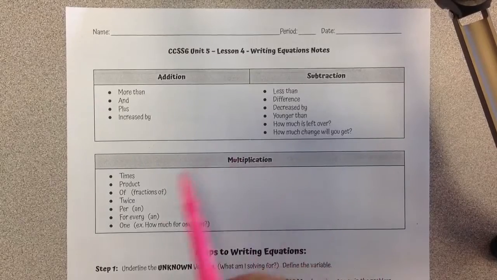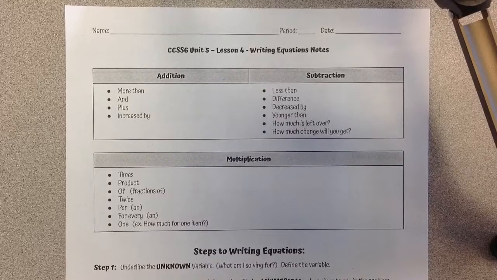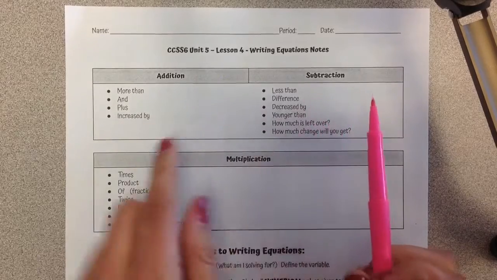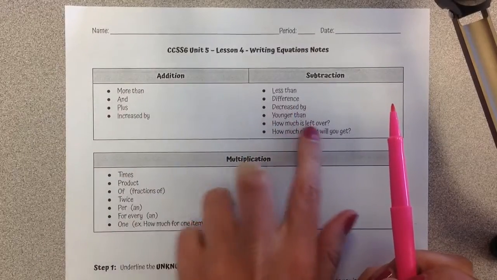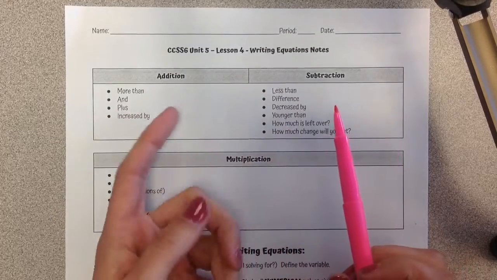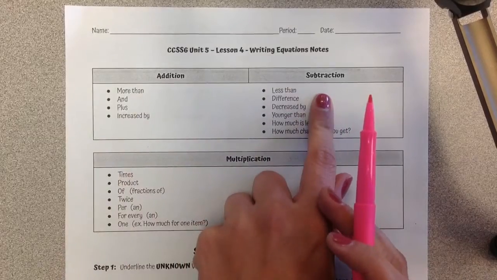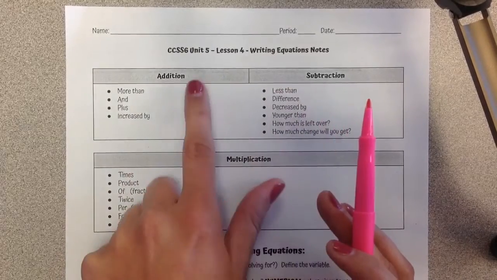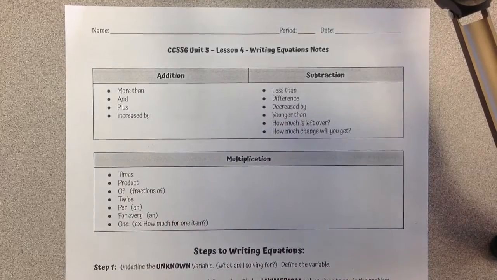So first off, we have created a chart here like the one that we had with expressions. It just looks slightly different. We've combined the addition and subtraction in one kind of chart. We put the subtraction on one side and addition on the other, but it's all in one chart because, as we know with equations, if we have addition in the equation, we subtract to solve. If we have subtraction in the equation, we add to solve. So they kind of go together, and we have to think a little bit differently when we're setting up the